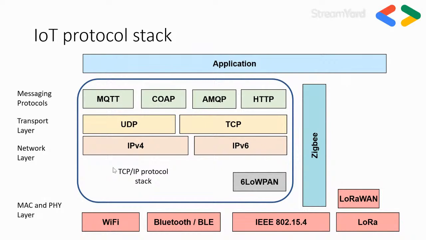The protocol stack for the IP internet protocol for IoT looks like this. We said the devices do not use IP, so they are outside the IP protocol stack. We see them scattered around: Wi-Fi, Bluetooth, 802.15.4, LoRa, LoRaWAN, Zigbee. Everyone is outside. So we communicate from the end devices to the gateway using those, and then the gateway supports both. This is very important.